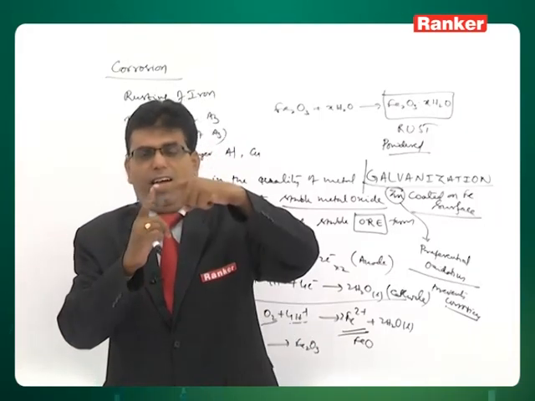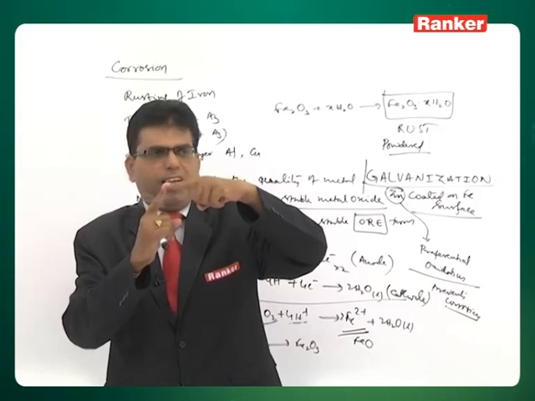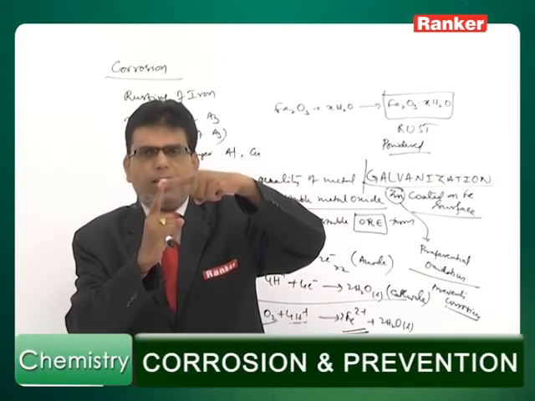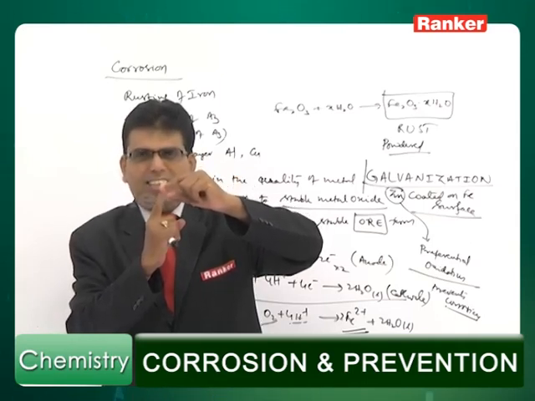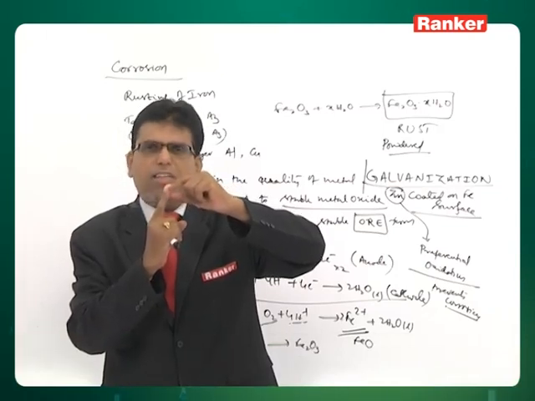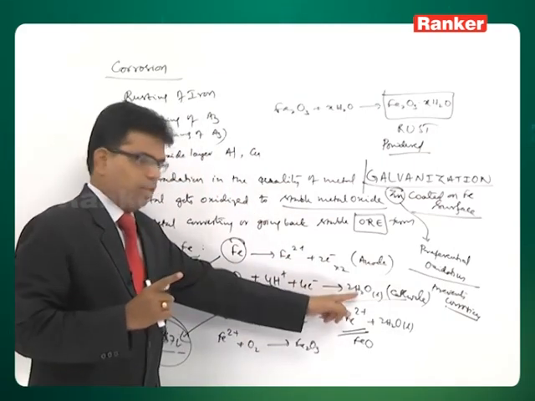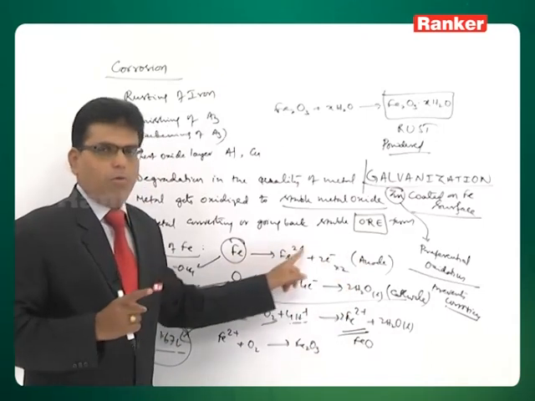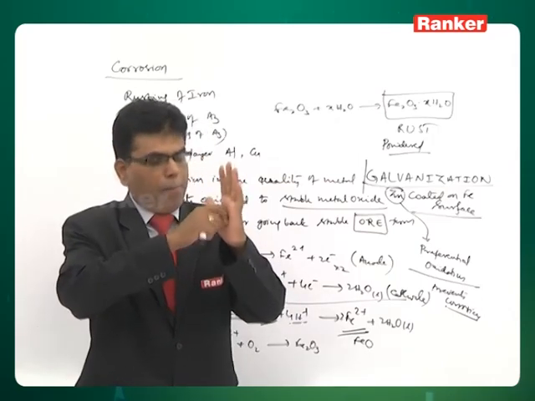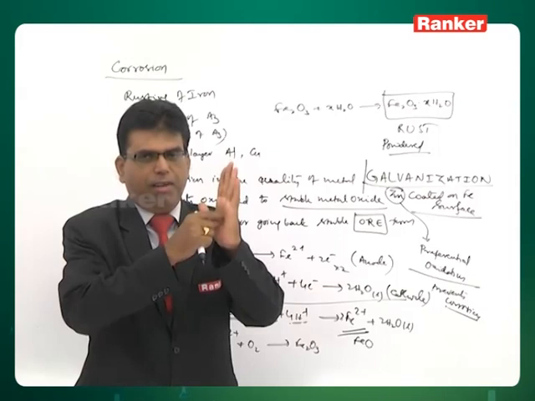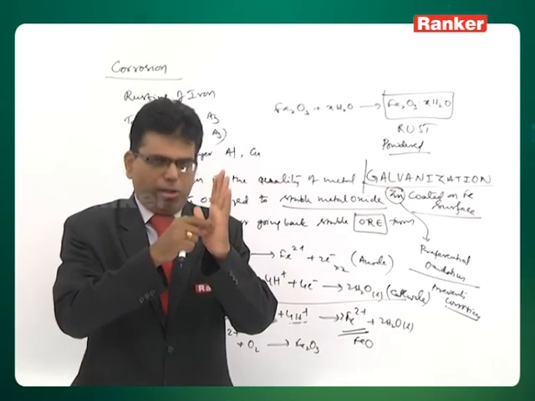Because if you have one bent iron rod and another iron rod kept like this, then at the bend there is scope for water to get stagnated, and oxygen will dissolve in that stagnated water. That dissolved oxygen will undergo reduction. That reduction will allow more iron to oxidize. Similarly, when there is a screw fitting, water gets stagnated between the screw and the metal surface. When the water gets stagnated, again oxygen dissolves.